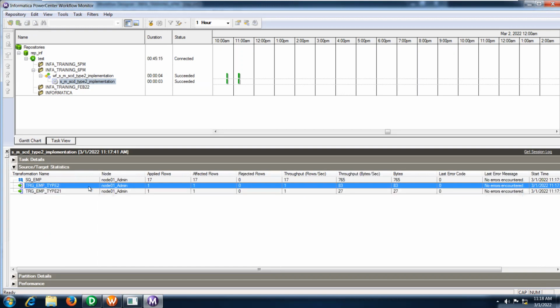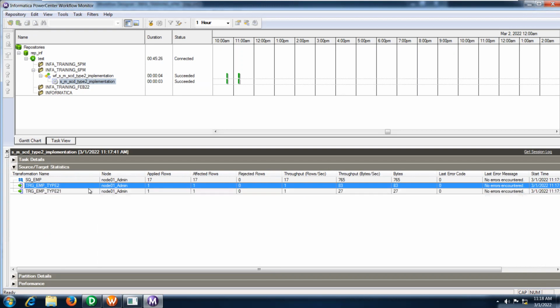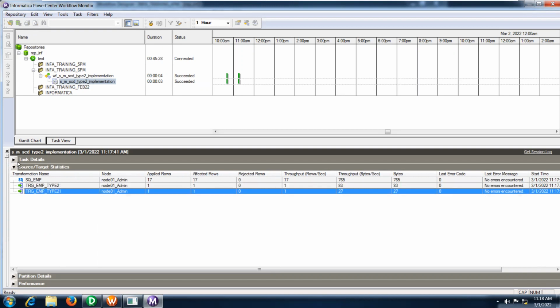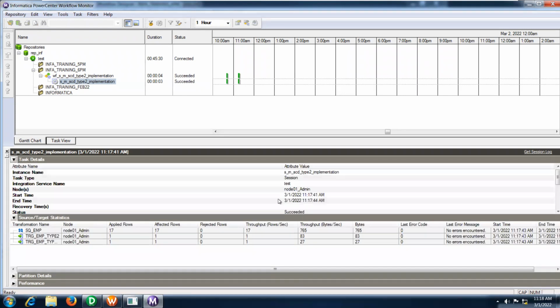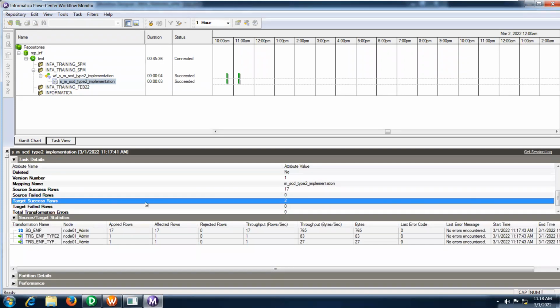One record is inserted into your target table, plus the same record is updated as invalidated. That is the meaning; we have two records here. See now, target success rows, 2 rows. The same record is updated with the change, and the same record is updated as invalidated. That is the meaning of target success rows being 2.